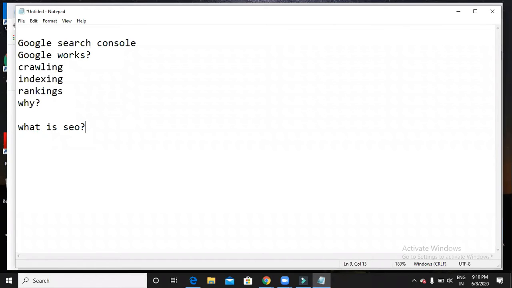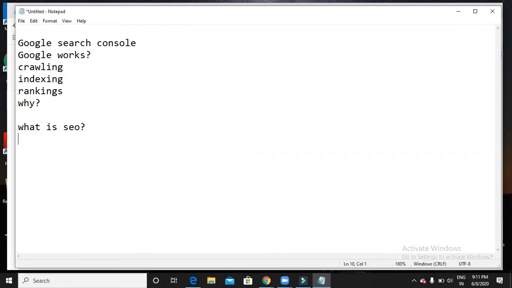Yes. So now, when Google wants to show this blog on top, it definitely has to collect the data, right? It has to collect what things are present in your website. Normally Google comes to each and every website hosted on a server, but we can't tell exactly when it is going to crawl my data and when it is going to index it. That is the reason, for better crawling and better indexing, I use Google Search Console.